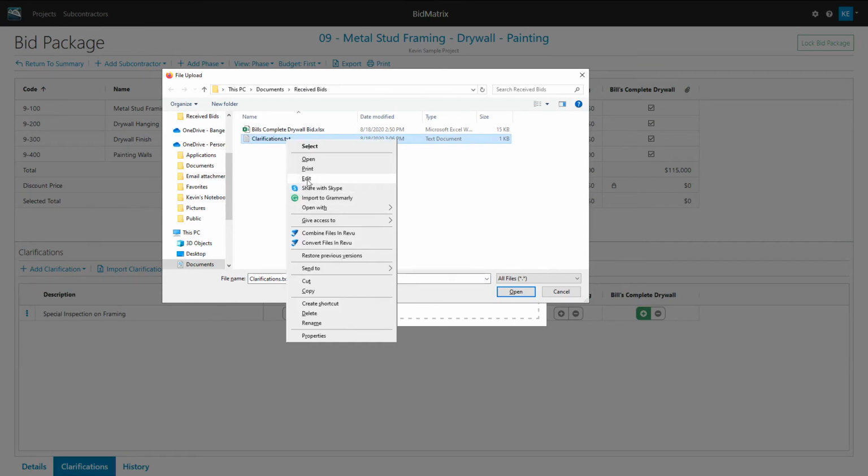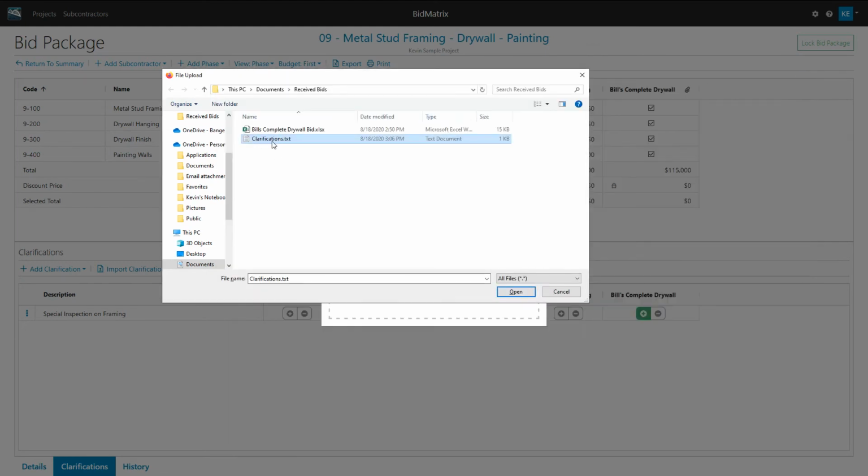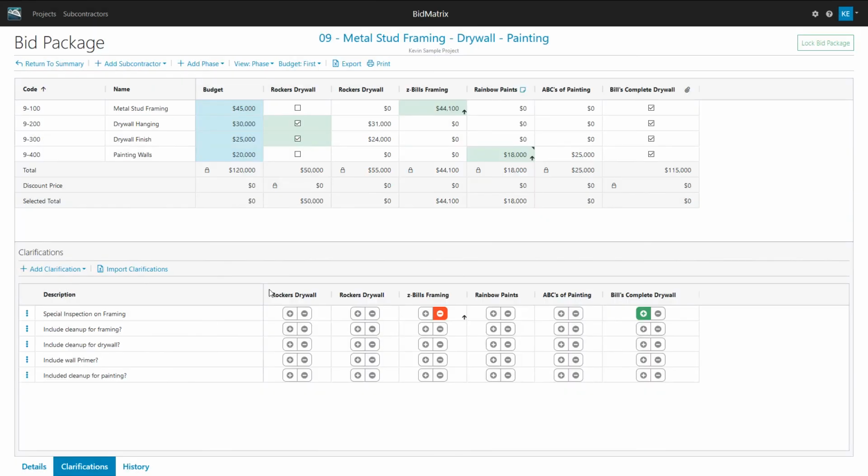All I did with my example here is throw together a real quick little notepad that had other lines of text that could be my clarifying questions. Theoretically, I envision drywall clarifications, metal clarifications, or different things of that nature that you can import into different bid packages. In this case, I'm going to select my file and say open. It does the import or upload process, and now it's got all the different items I included in there, so I could go down through and select where they've included those sections in their jobs or not.